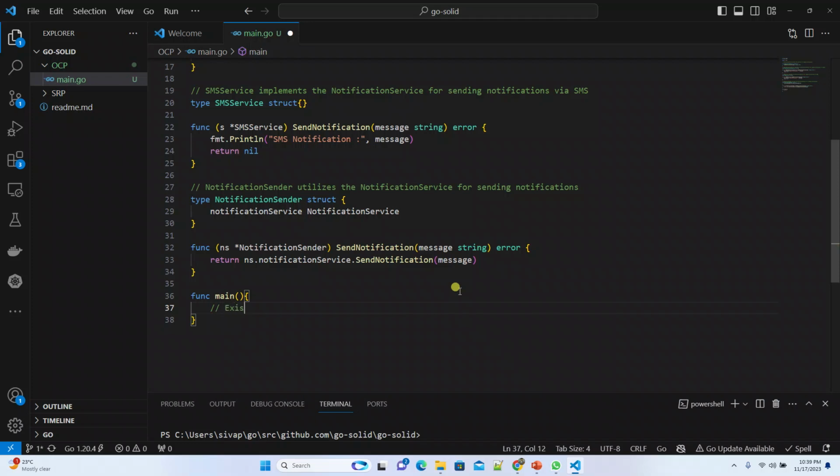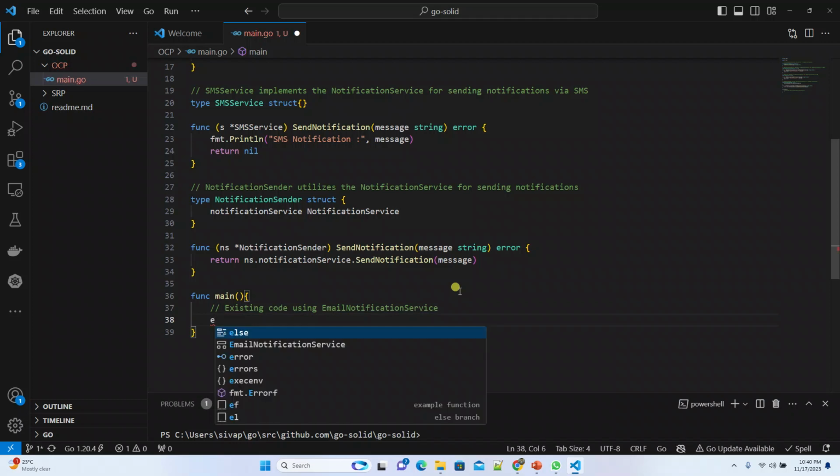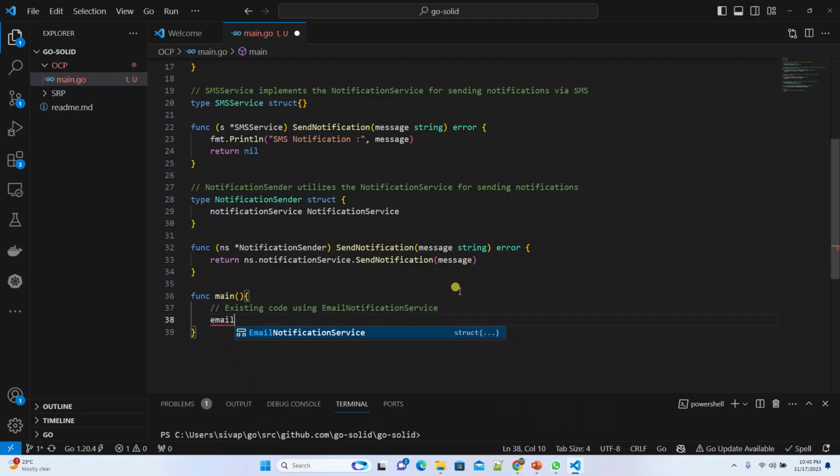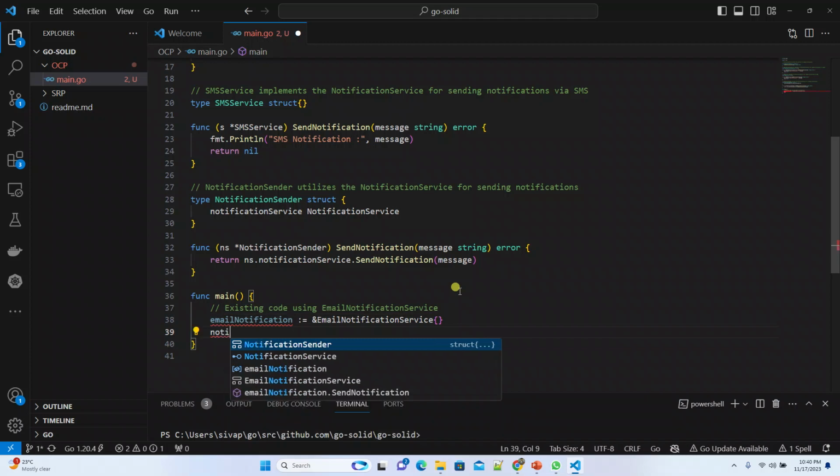So we'll create existing code using email notification. How can we do that? Email notification equal to address of email notification. Okay, that's it. Once we are done with this, we need to create a notification sender,